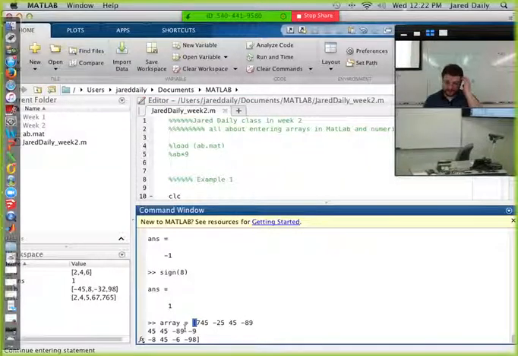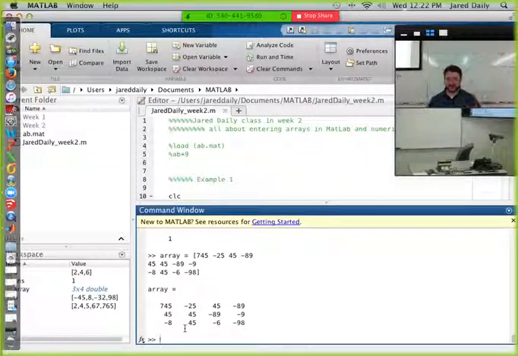Close that array up. So I make this array and it's not necessarily obvious